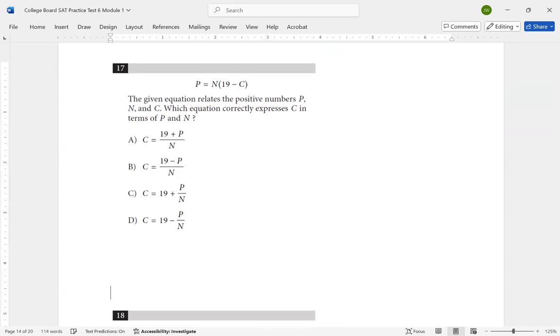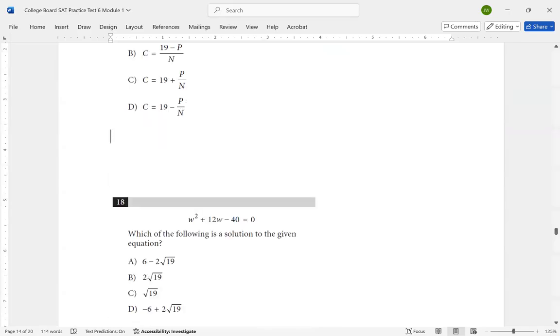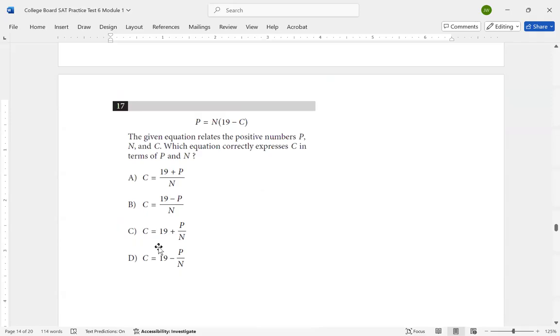Question 17. The given equation relates the positive numbers p, n, and c. Which equation correctly expresses c in terms of p and n? In other words, we want to figure out how to rewrite this equation so that we get c on its own on one side. So in order to do that, I'd start with this equation,